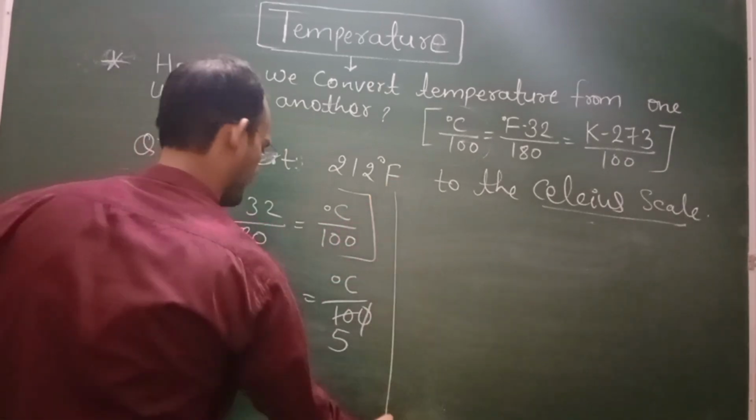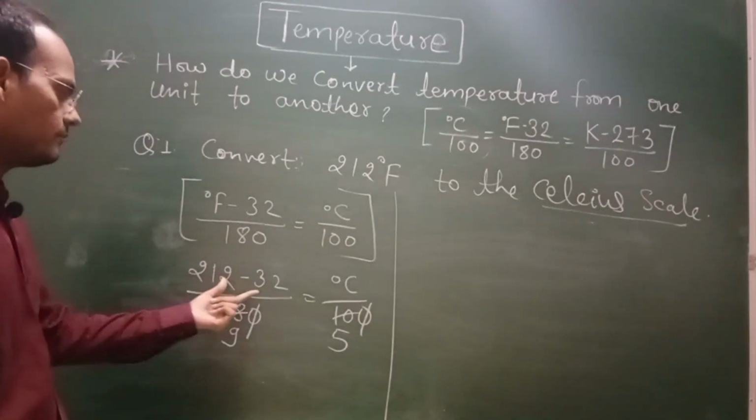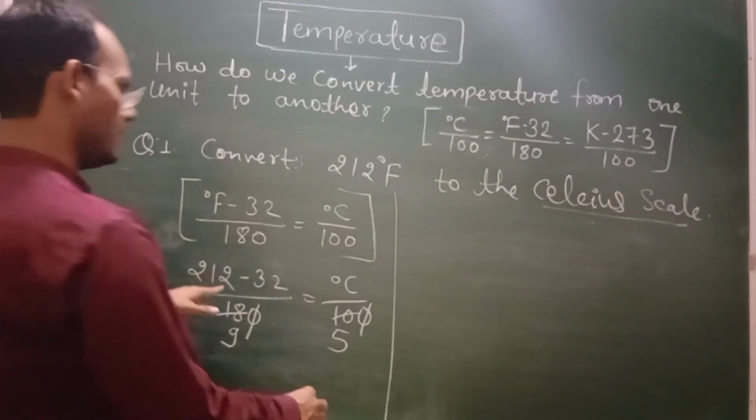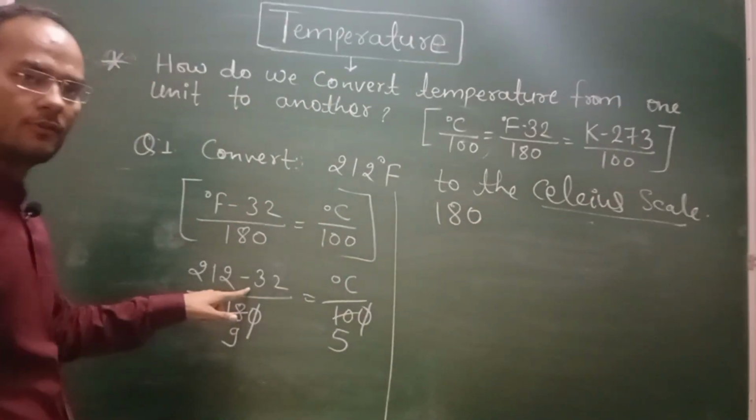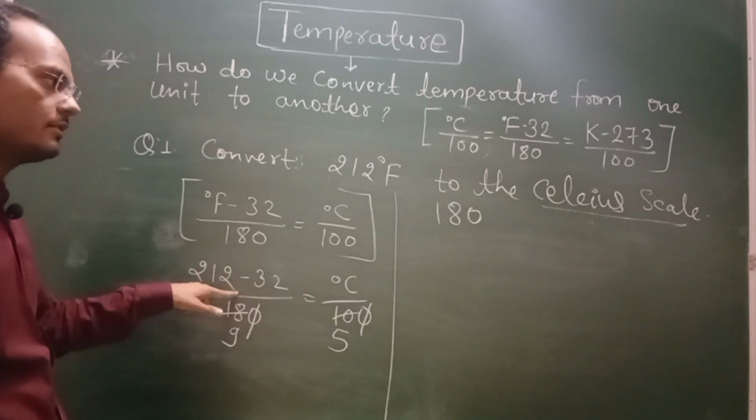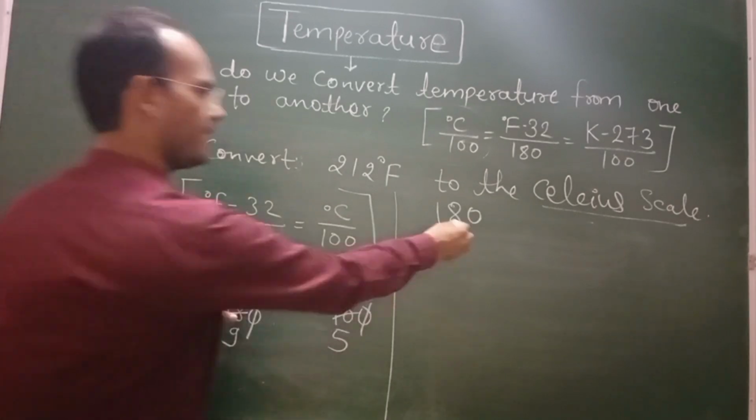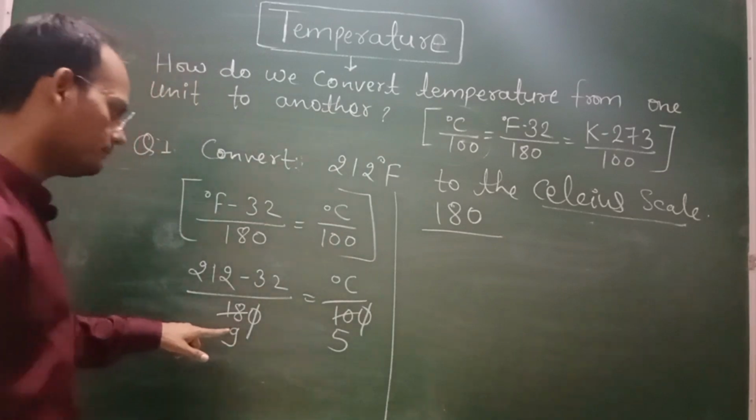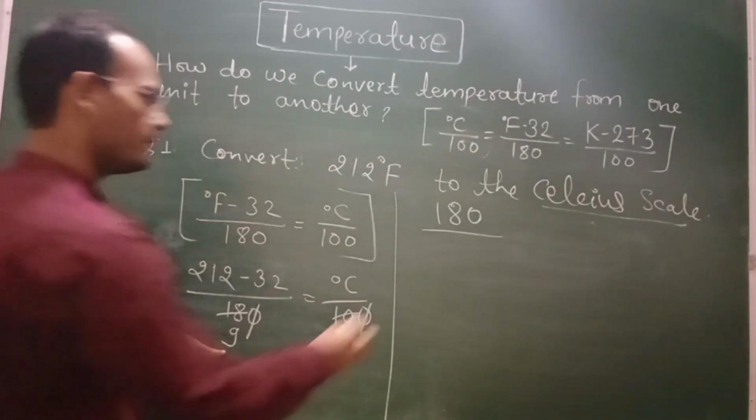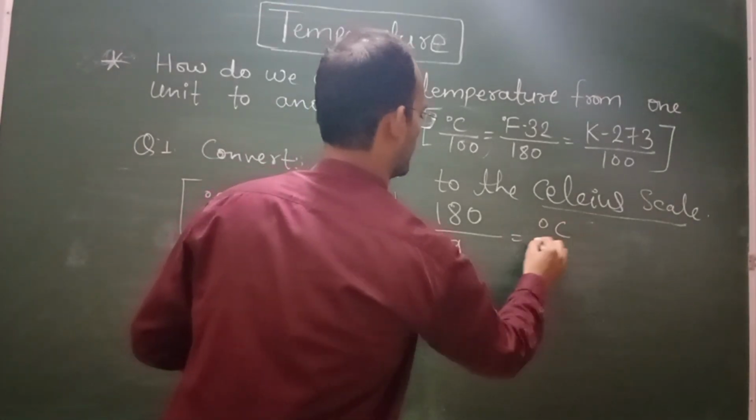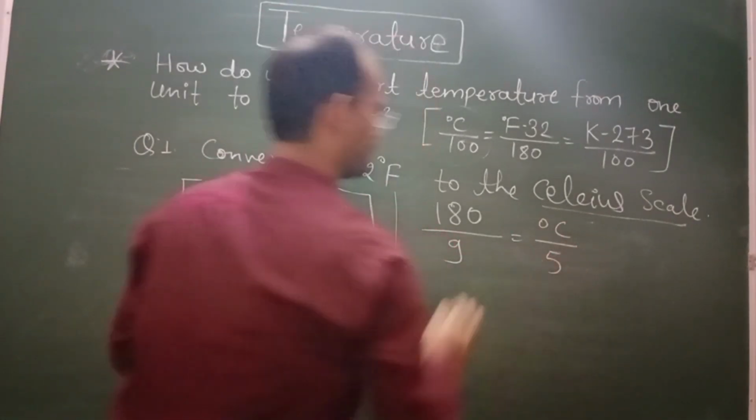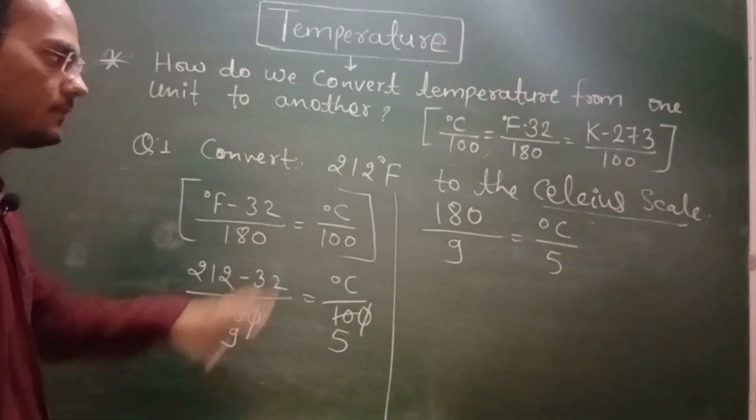So calculate this one, minus this, and it will be the 180. When we solve this equation, the answer will be the 180. Now here the 9 remains, equal to degree Celsius divided by 5. Clear? Now listen,